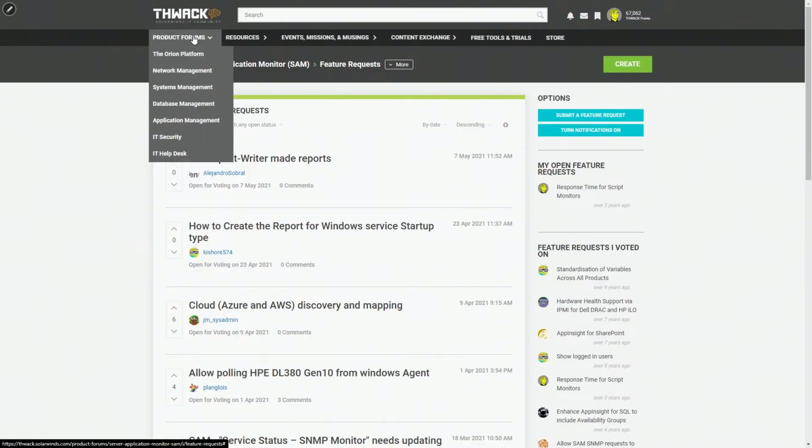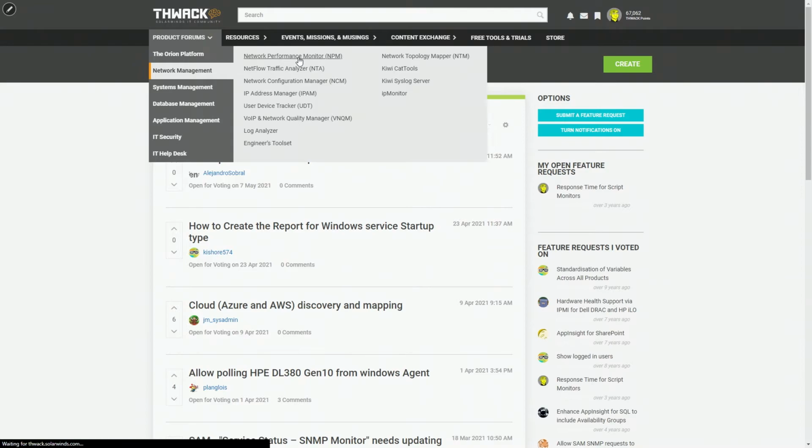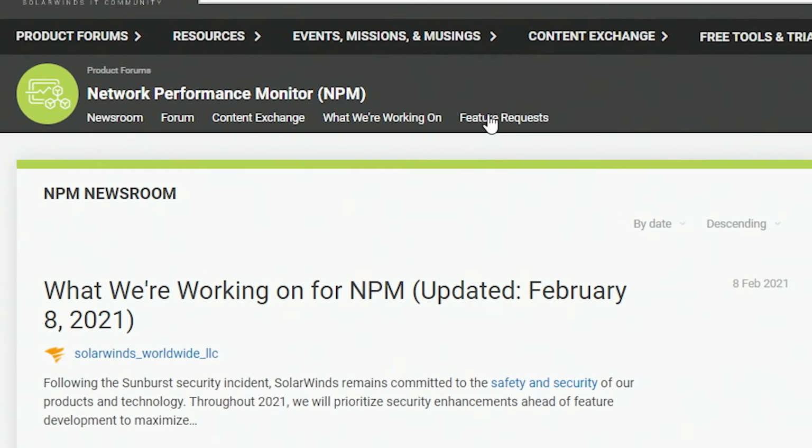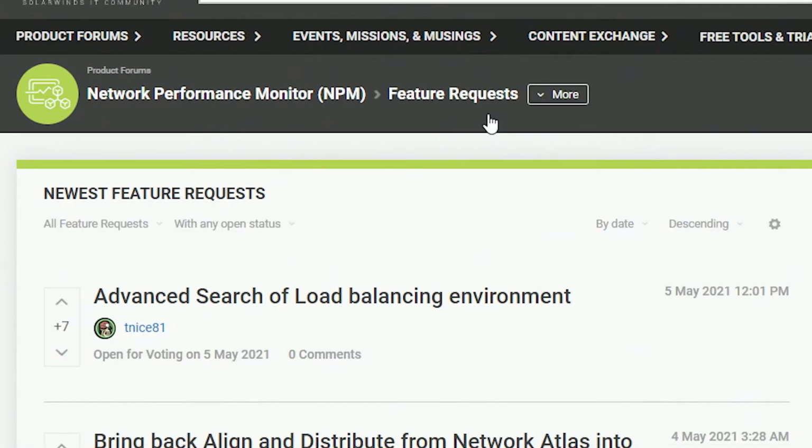And we typically leave all our feature requests open, but occasionally there are ones where they're duplicates of other effort, or they've been combined with other feature requests to kind of build a new parent feature request, in which case we will close the children. Every one of our product forums has a feature request space, so be sure you're putting the feature request in the proper forum. That way, not only the community, but us here at SolarWinds can make sure we get the right eyes on it.